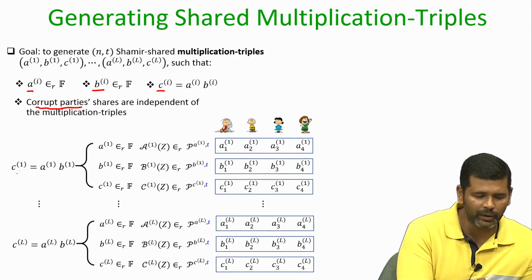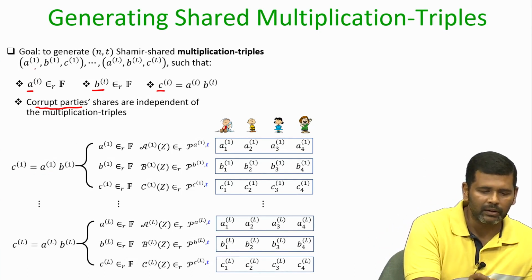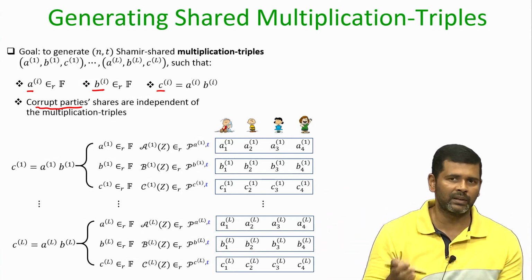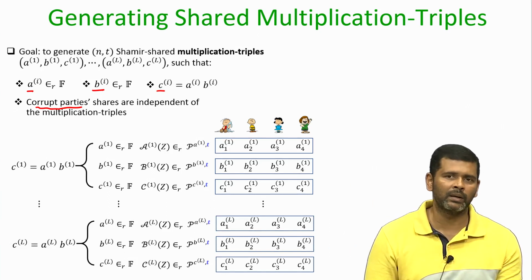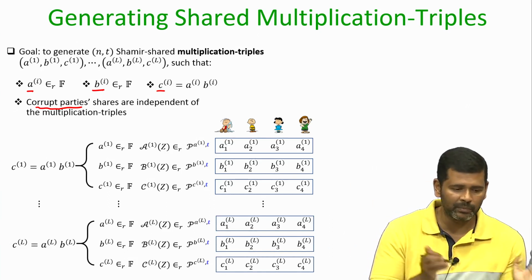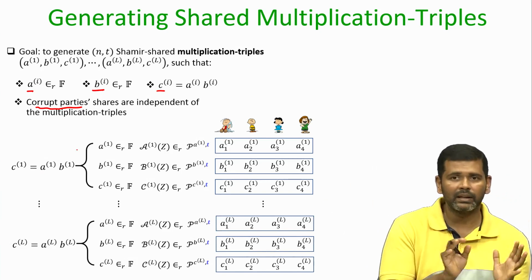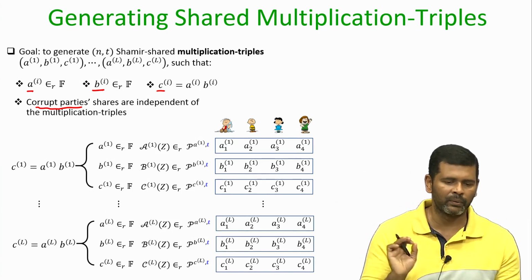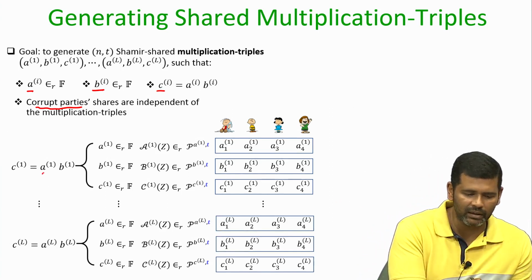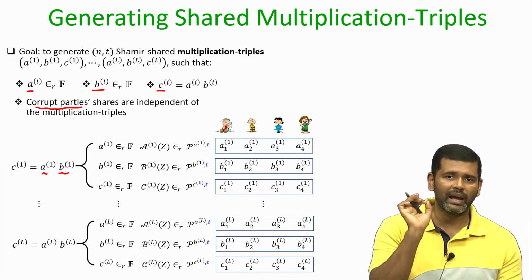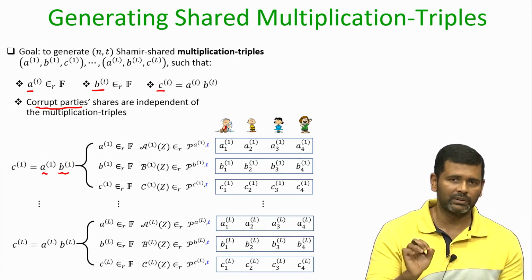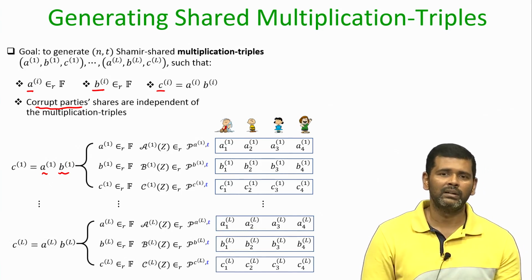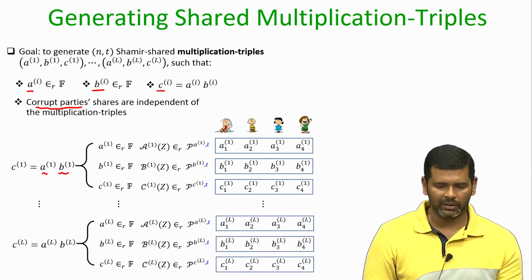And I stress that it is quite possible that the A components of all the multiplication triples are the same, the B components of all the multiplication triples are the same, and the C component is the corresponding product of A and B. That is quite possible. Do not think that A, B, C have to be unique values. No, they just have to be independently generated. We only want to ensure that the adversary does not learn any information regarding the exact value of A, B, C. It should just have T shares, and those T shares should be independent of the exact values of the A, B, C components of the multiplication triples.